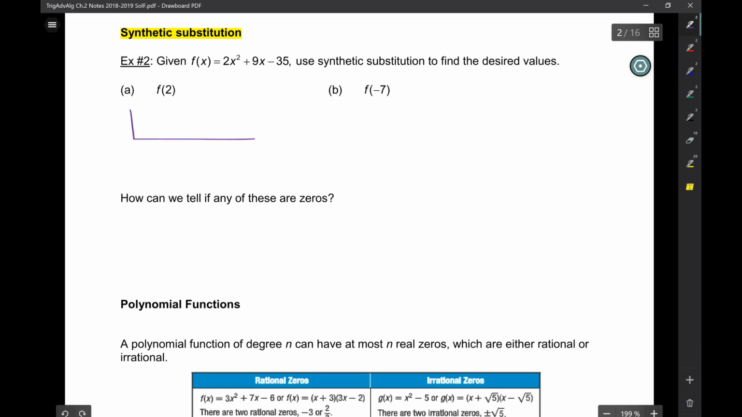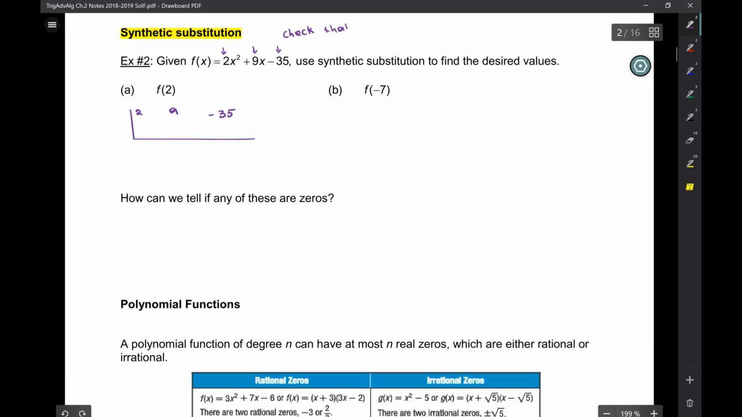Yeah, it's just like synthetic division. Here, you put the coefficients of the function with the sign. So 2, 9, negative 35. Now, one thing you have to make sure is check